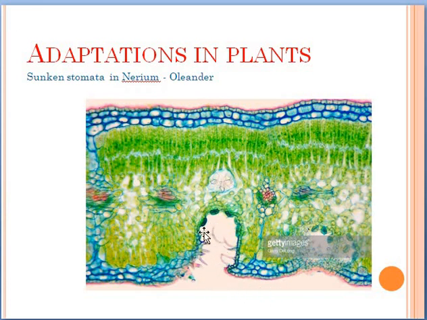But when compared with the stomata which is present on the epidermal surface, this kind of sunken stomata, that means the stomata which is found in a chamber, is reducing transpiration at a very high rate. Okay, so this is the first adaptation that we can see in dry plants or dry loving plants.